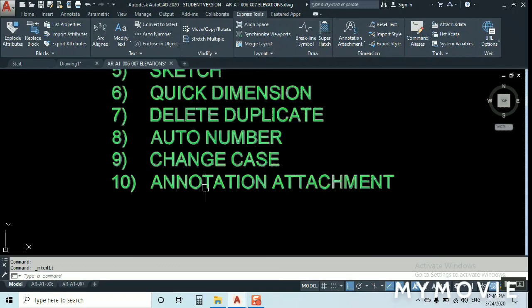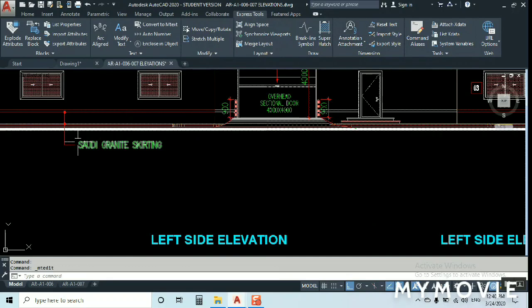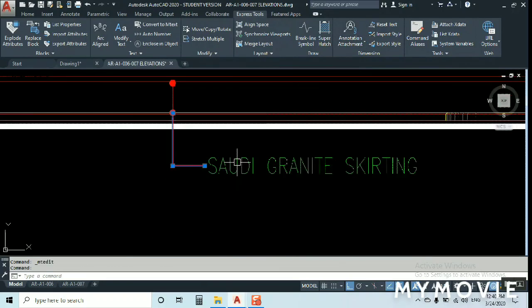Annotation attachment. What is annotation attachment? It's like, for example, if you have a leader and text here, they are separate. If you need to combine them together, just check this one. I'm going to select this annotation, and now what is it saying,